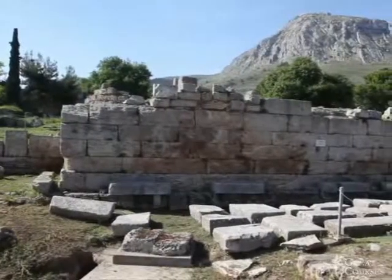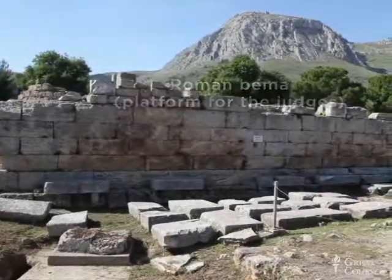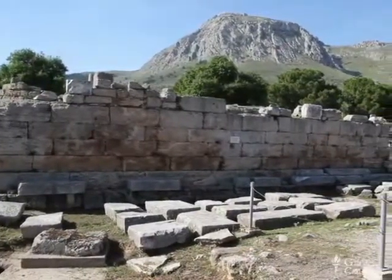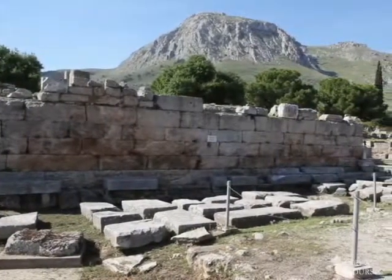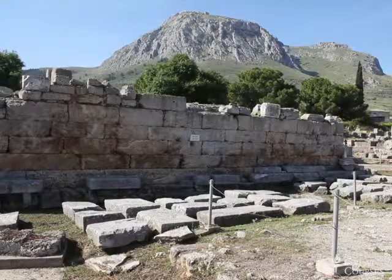And to me, the most exciting thing to do in the Agora of Roman Corinth is not to visit the temple of classical Apollo, but to go across the open space of the Agora to the place of judgment of the Romans. And here, during Paul's lifetime, he stood on a floor that you can probably still stand on yourself, outside the little marks for the fence or barricade that separated accused people from their judges. On the other side was a very supreme judge, one of the governing officials of that province of Roman Greece, a man named Gallio, brother of the philosopher Seneca, in judgment on Paul when the local Jews accused him of